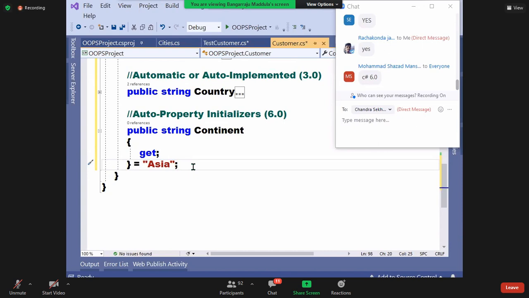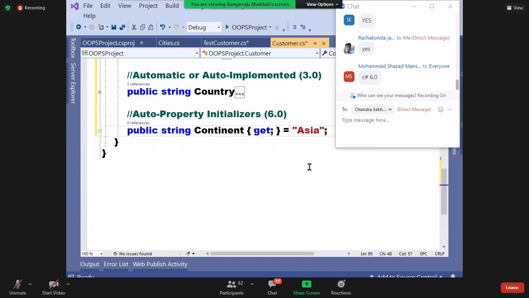Initialization can be directly done like this. Directly on the property definition, the initialization code can be implemented. No need to go to the constructor to initialize. The initialization can be performed straight away on that particular line. And we call this an auto property initializer.